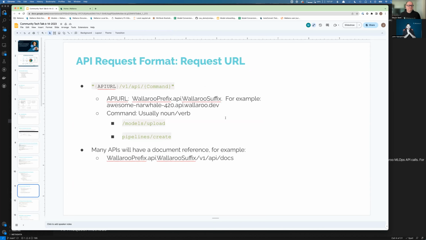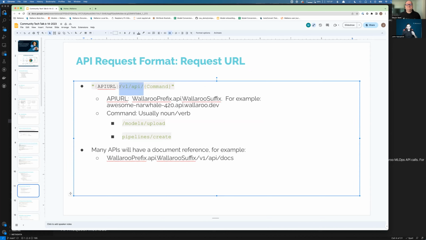So this is where we're telling it, all right, this is the part we're going to touch. Think of it like a web page. If you go to, say, CNN, you might go to cnn.com/economics, and that's a different page than cnn.com/sports. So in this case, usually the commands are in the form of a noun verb. Most of the time it'll be something /API. For example, in our case, it's like awesome narwhal